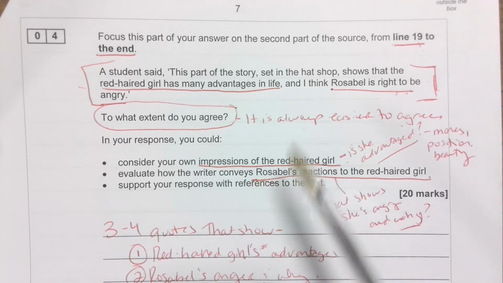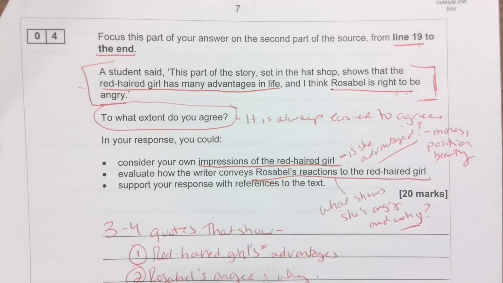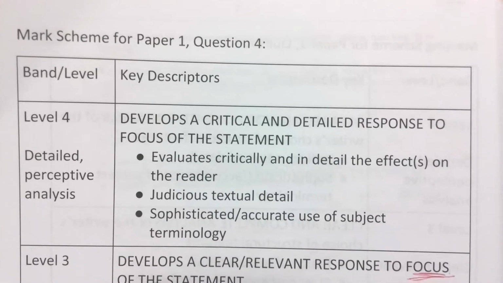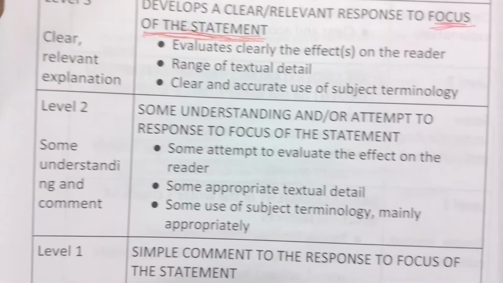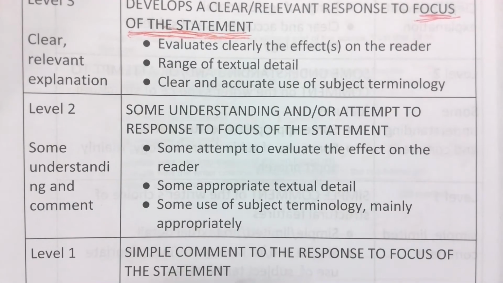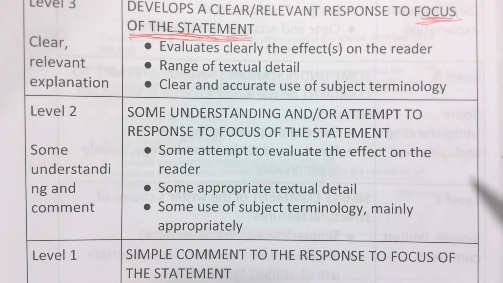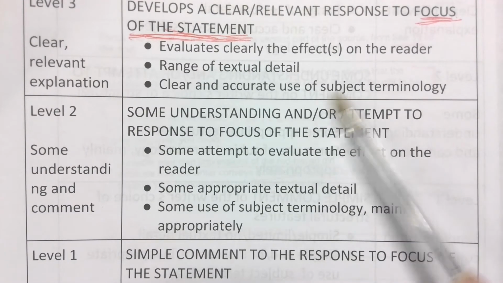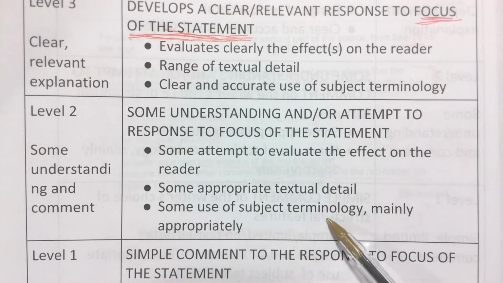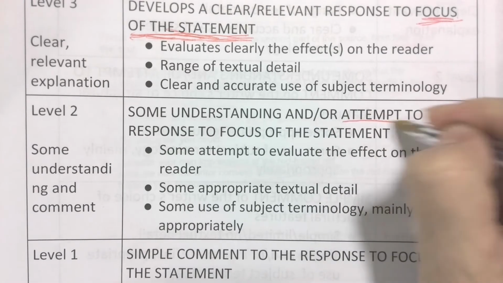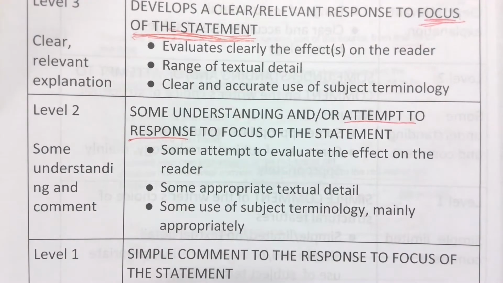And again, it's always easier to agree because the statements are written in such a way that you can find more and explain things more clearly if you agree with the statement. So let's look at the mark scheme again. So we've got a level 2. I'm not looking at level 1 because none of you are level 1, so we're not even going to pay attention to that. But we are going to look at level 2 where everybody seems to be a bit stuck. Again, it's because of that attempt to respond to the statement.